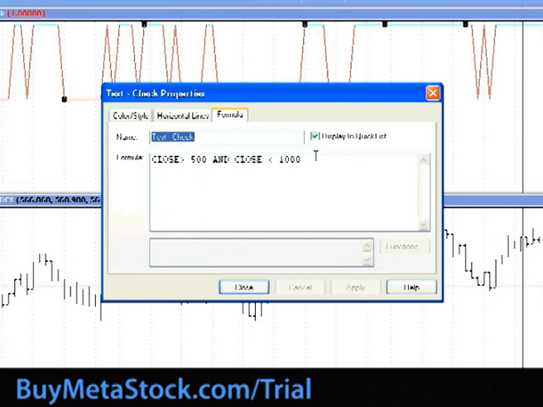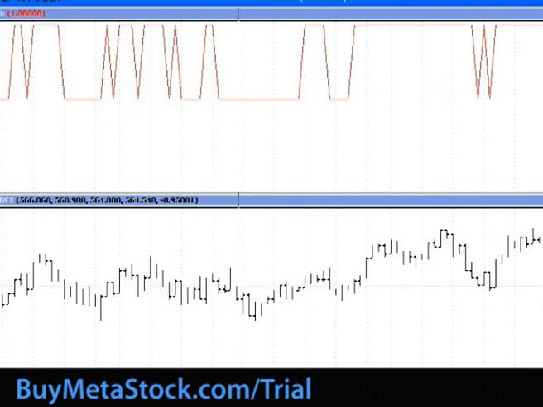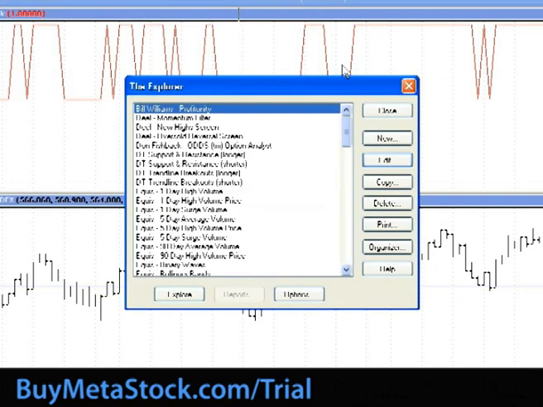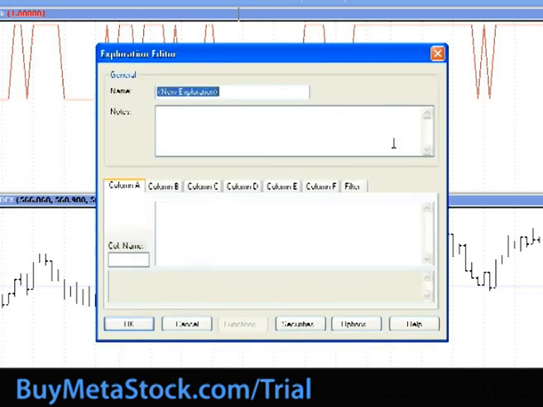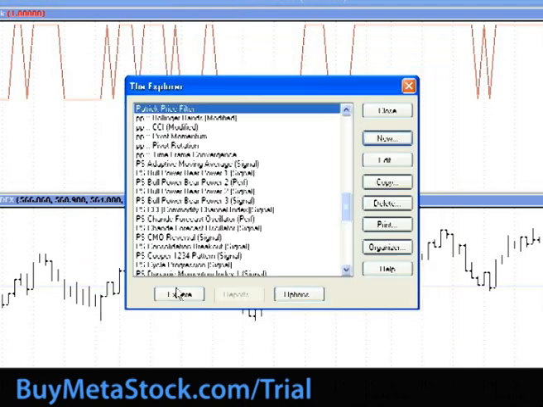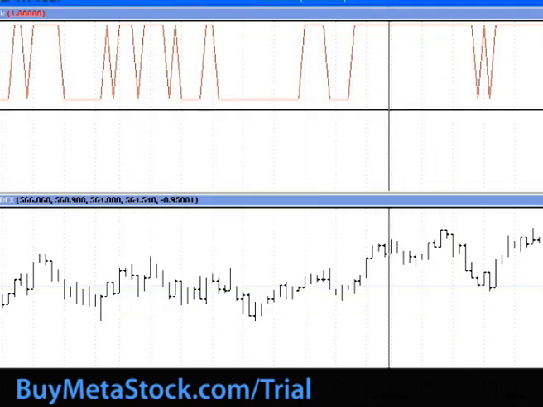Let me just copy this. So I usually just highlight the formula, press Ctrl C on your keyboard, close this window, then I click on the binoculars, and I click on New, give a name, so Patrick Price Filter. Then I go to the filter column here, press Ctrl V, paste it, click on OK, and I'm done. You don't have to follow this